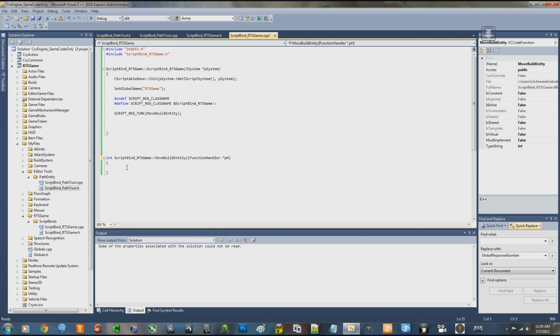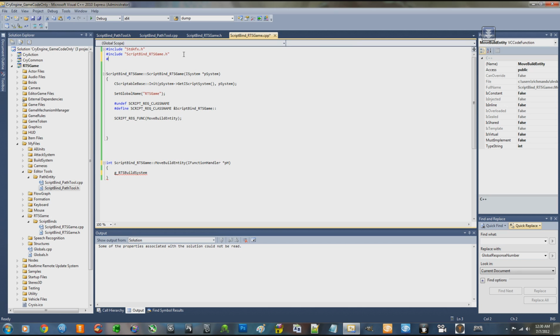And so I want to move my build entity, let's say up by 50 meters. I want to move the building up by 50 meters. Pretty simple. Remember my RTS build system, which is global. I can access it globally because it's defined globally. So let's go ahead and write that. G_RTS build system. Because this is global,